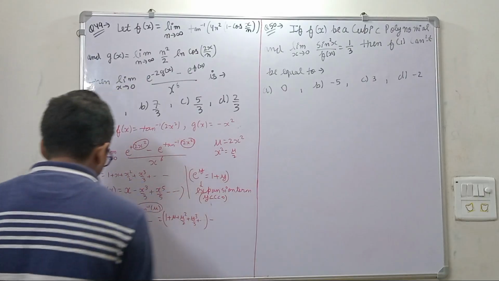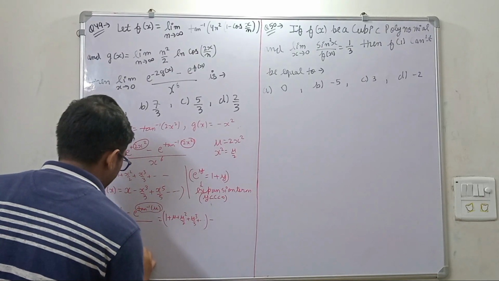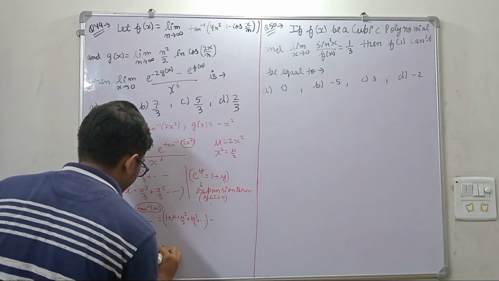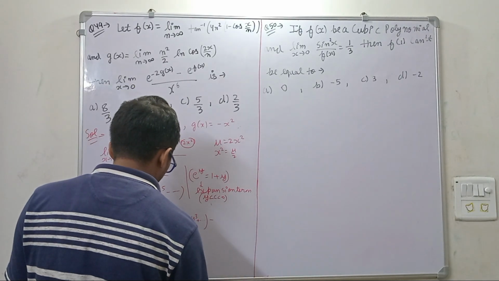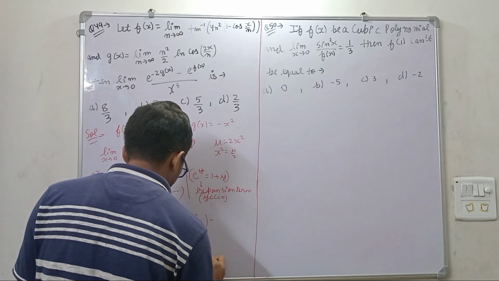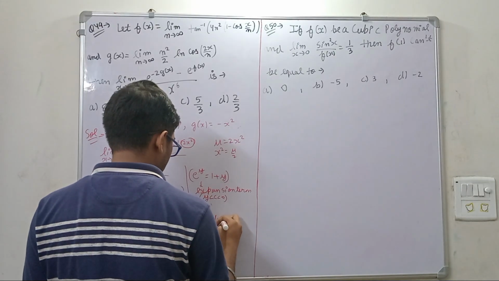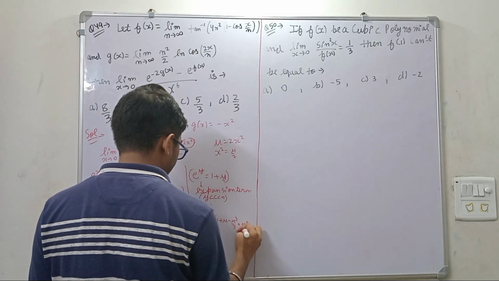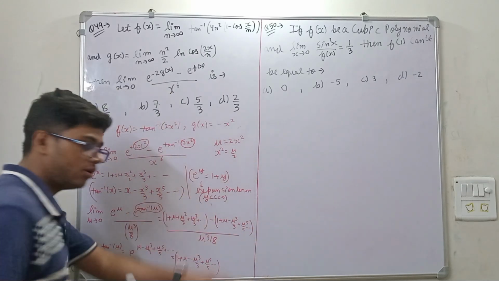Okay, first of all we will write the expansion of e to the power tan inverse u, that will be e to the power u minus u cube by 3 plus u to the power 5 by 5 and so on. Okay, now what will you do? You will write this as 1 plus u minus u cube by 3 plus u to the power 5 by 5 and so on. Okay, just substitute here. So 1 plus u minus u cube by 3 plus u to the power 5 by 5 and so on upon u cube by 8. Now this question will become very simple.